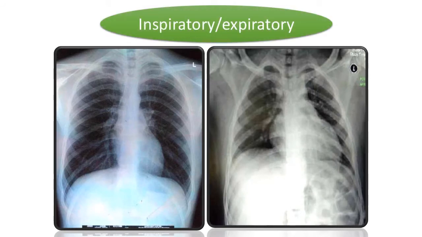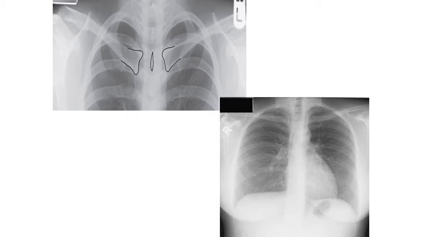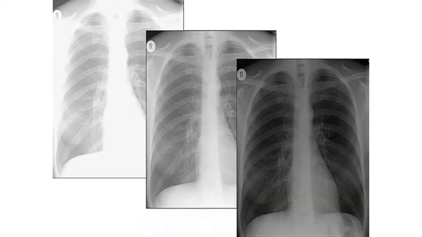The patient should be in an inspirated condition so that the maximum portion of the lung becomes inflated and is well visualized, and the lesser portion is hidden by the diaphragms. The lordotic view is also important in diagnosis of the chest. We have to detect the correct centering of the patient. This is the spinous process of the vertebral bodies, and these are the medial ends of the clavicles. The distance from the spinous process to the medial end of the clavicle should be equal, which proves that the X-ray is centered well.